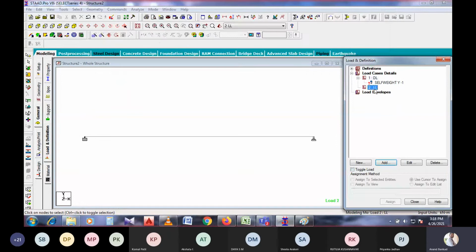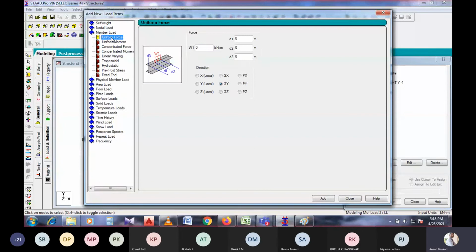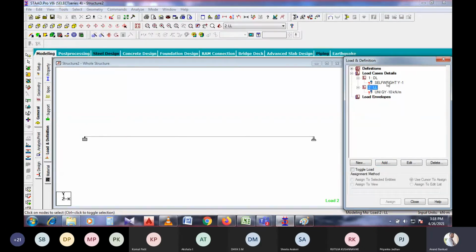After that, the live load is to be considered, and in live load, the load value has to be entered. So what is the load? That is uniformly distributed load. That is minus 10 kilonewtons globally in y direction, and then just click add and close. So once the load cases are defined, the loads have to be assigned.